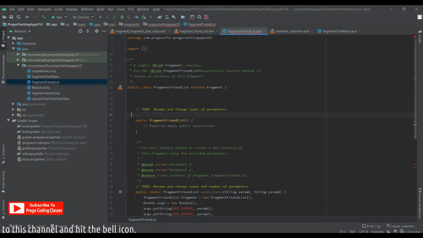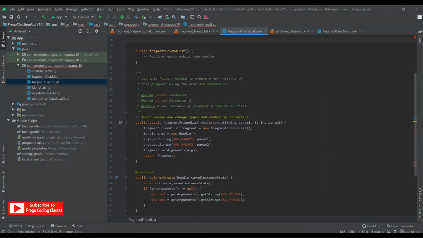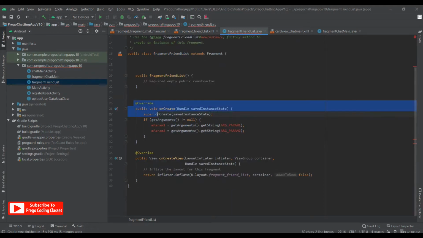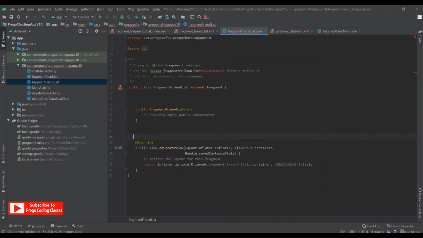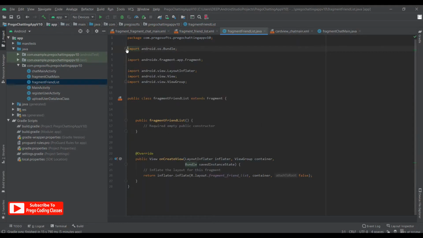Don't delete the empty function over here, and down below we will delete everything here. We'll delete the onCreate. We'll just work with the onCreateView. Now we'll also delete this one.